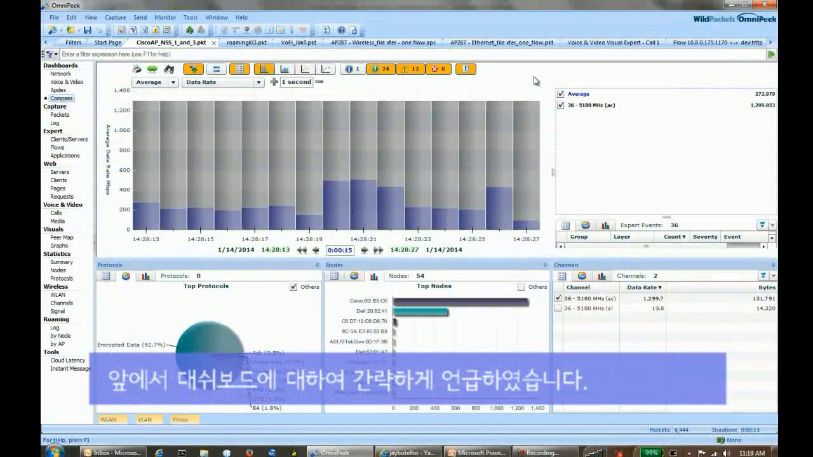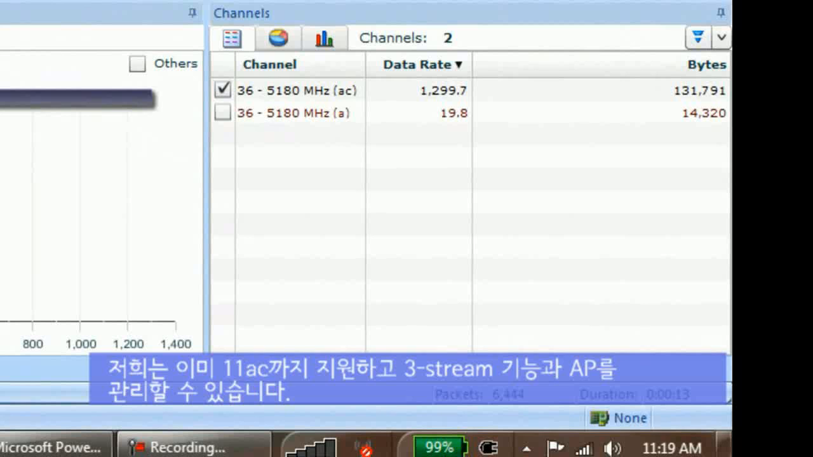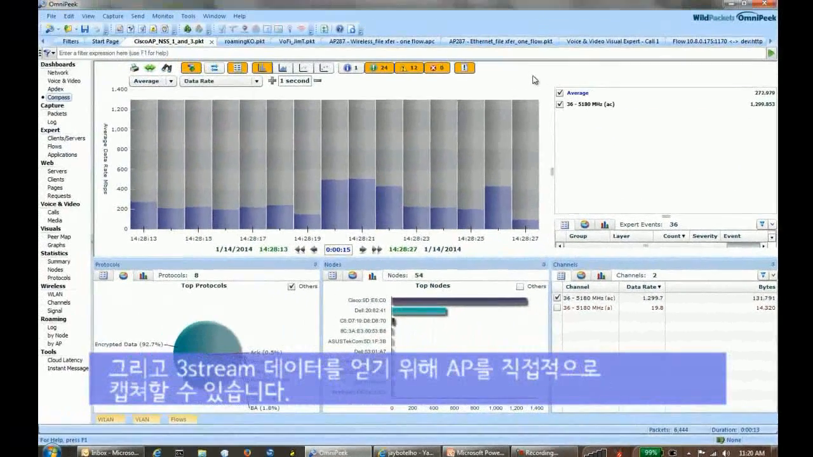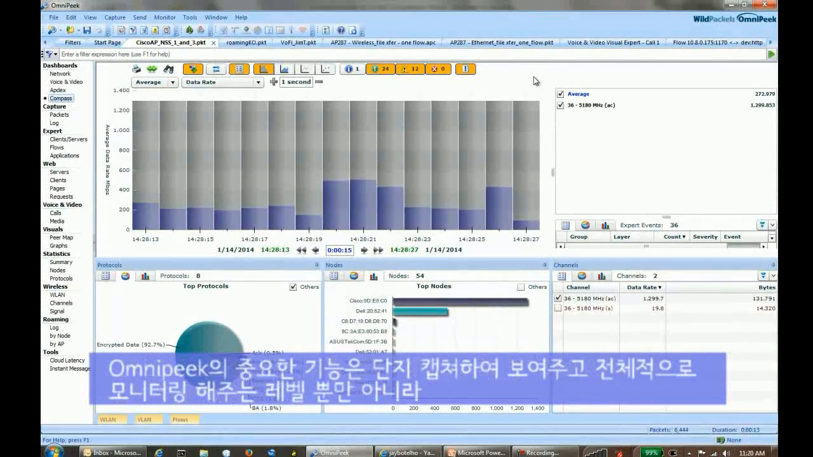We mentioned briefly at the beginning about our Compass dashboard. I wanted to come back to this just to show that we are very current with our technology. We're supporting 802.11 AC, already up to the 3-stream capabilities that are available in enterprise access points today. We can capture directly from those access points to get that 3-stream data. And one of the beauties of